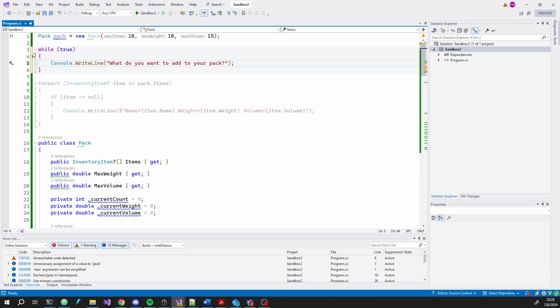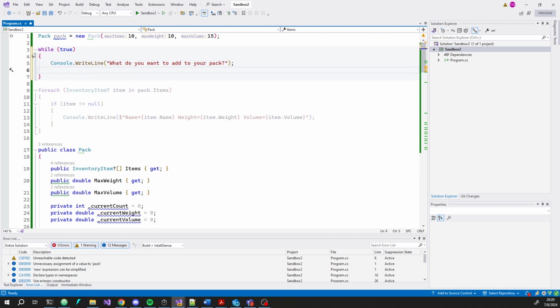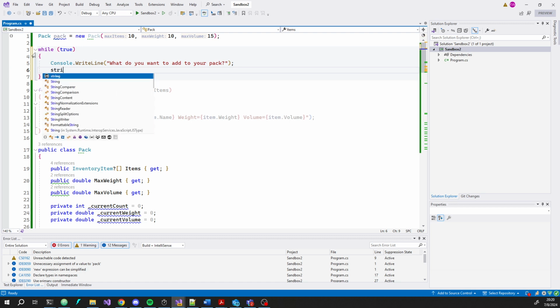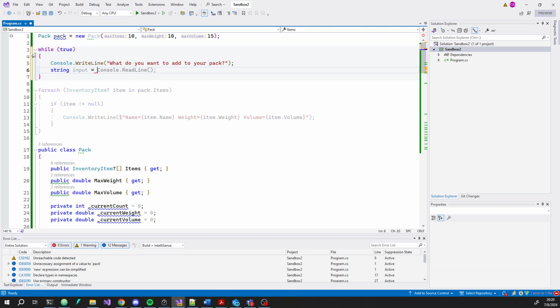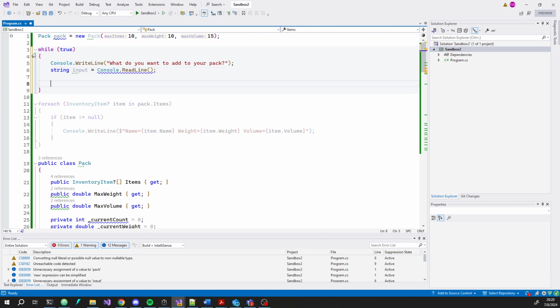I'm going to let people freeform type it in, which is probably a really dumb idea for deploying it out in the wild, because this is going to be so easy to mess up. But I don't want to spend a ton of time doing user input here, because it's good practice, but it's kind of beside the point. So what I'm going to do is string input equals console.readline. So we'll read it in, and then we'll say